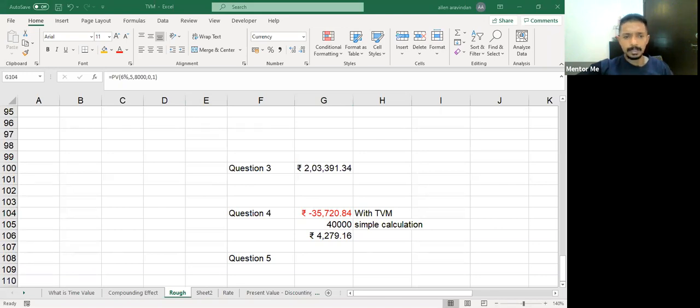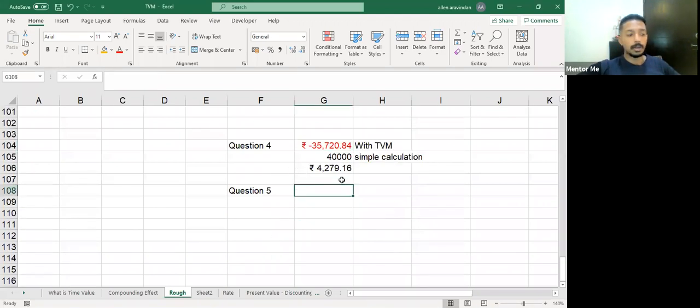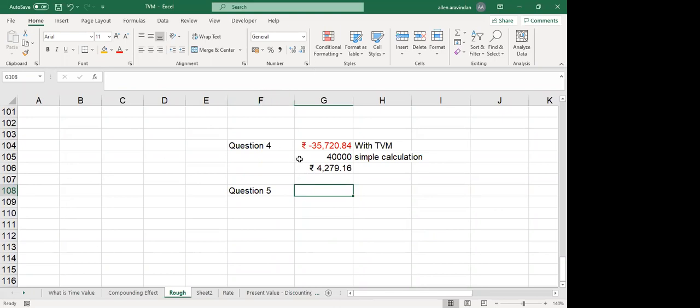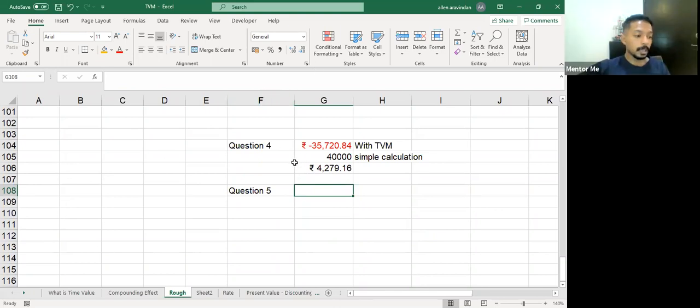Okay, let's go to the next question. I think question number 4 is done. Question number 5. How much you have to deposit today to have 10,000 in 5 years at 6% compounded semi-annually? What is it asking for? Let's first get clarity on that. Is it asking for PV? Is it asking for PMT? It's PV, right? It's not asking for equal deposits. If it was saying equal deposit every year, then it would have been PMT, right? So let's write PV